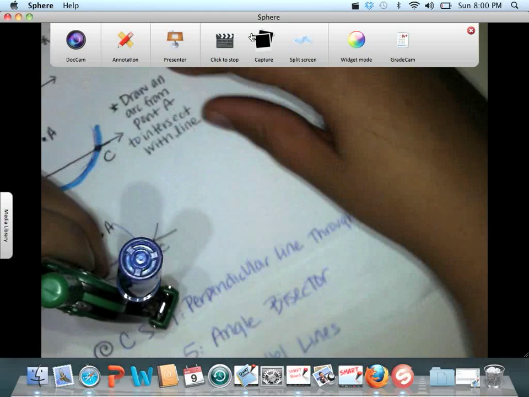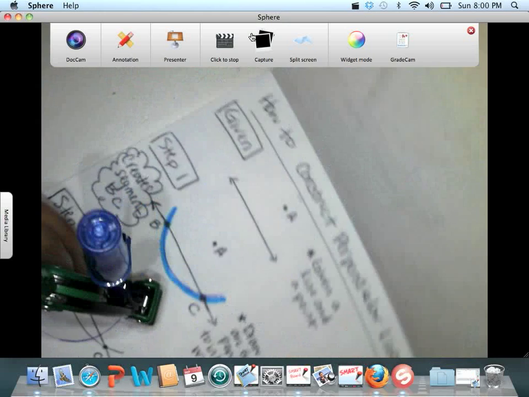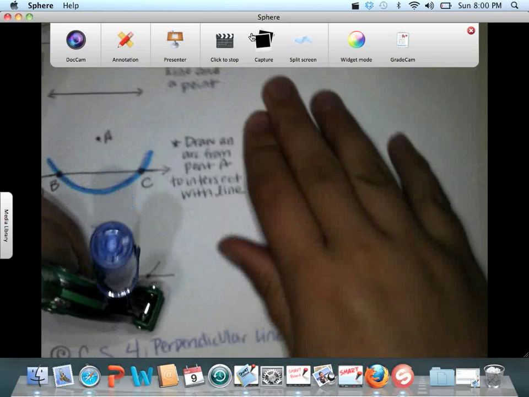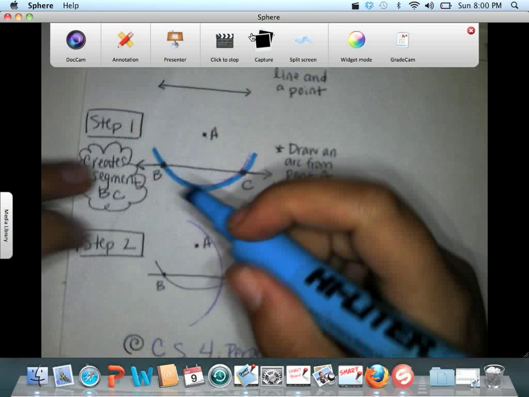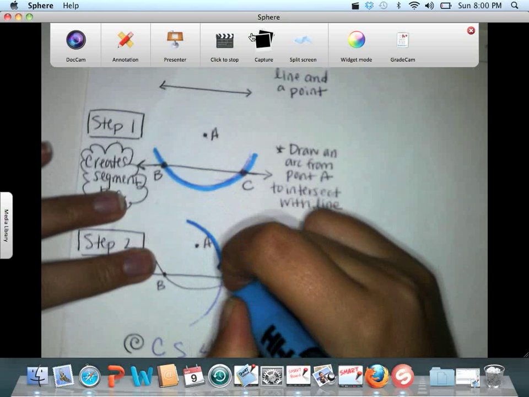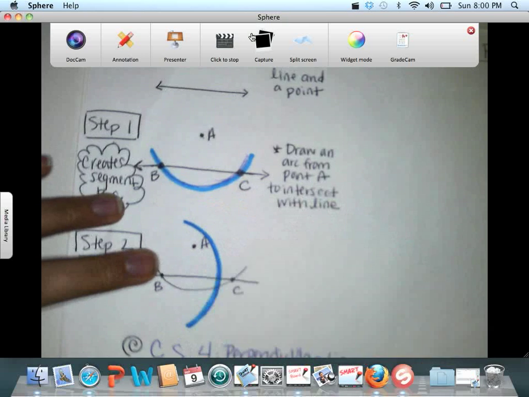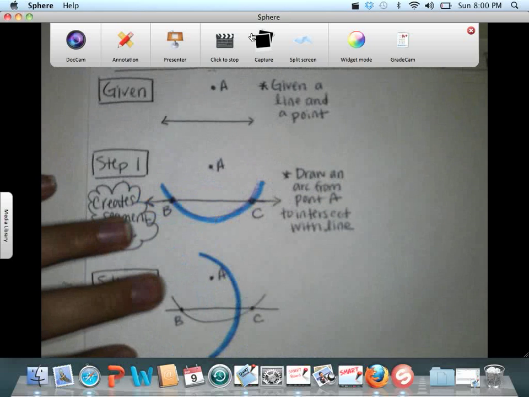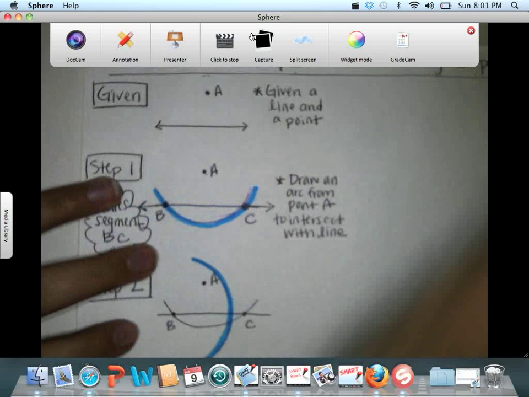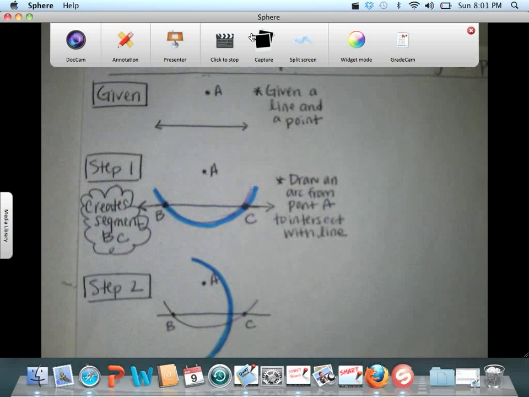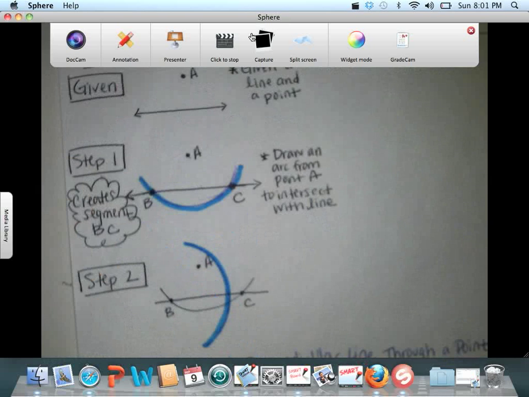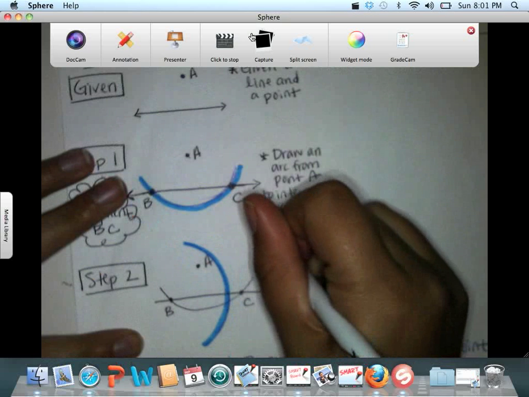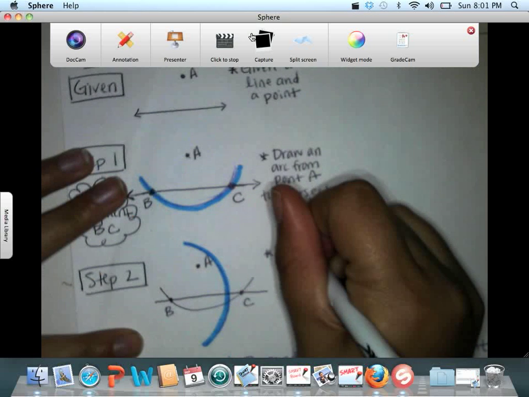Make sure it's really big, so it should go past A on both sides. There you go. Okay, so here is an arc. Alright, now let's write. There's my pen. Keep track of all your supplies. Okay, so what we did here is we drew an arc